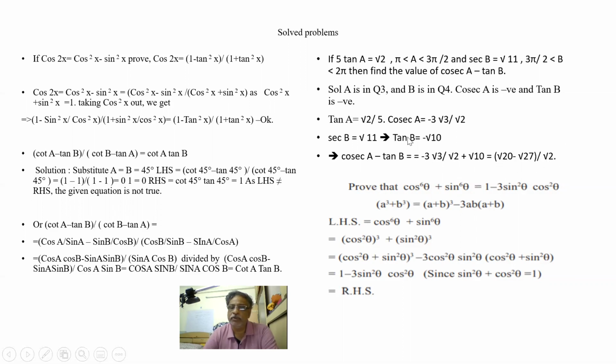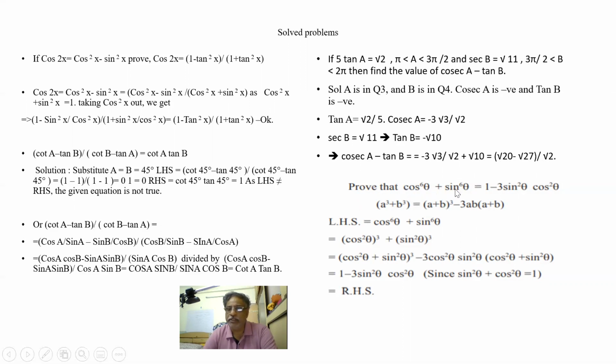We have been asked cosecant A minus tan B. So how do we find it out? We are not bothered about the root 2x or 5x. We are simply writing root 2 as opposite and 5 as adjacent. We have written the hypotenuse and found all three parameters of the right angle triangle, and we wrote cosecant A. Same is with tan B with the sign, because this is minus and this is minus in the fourth quadrant.